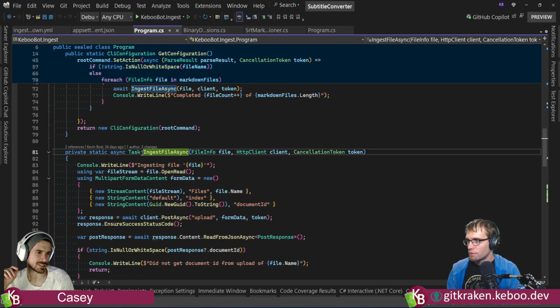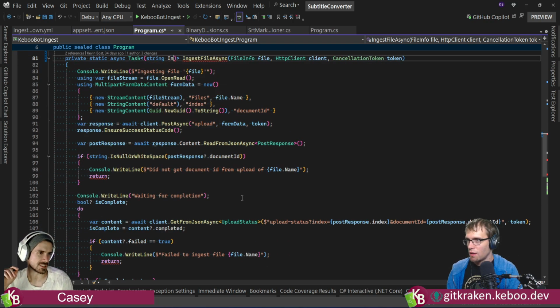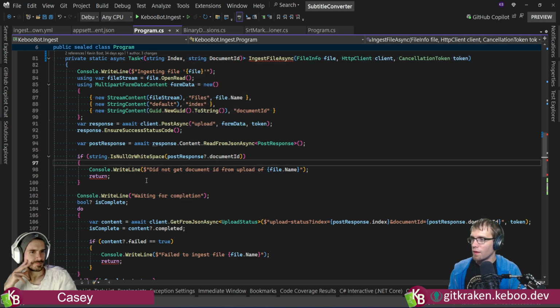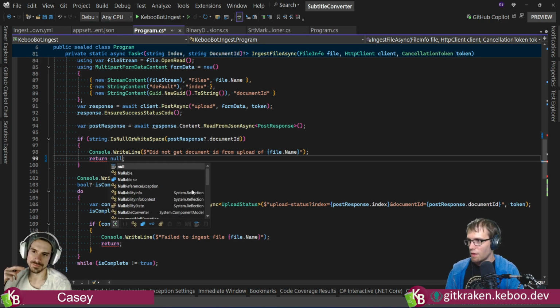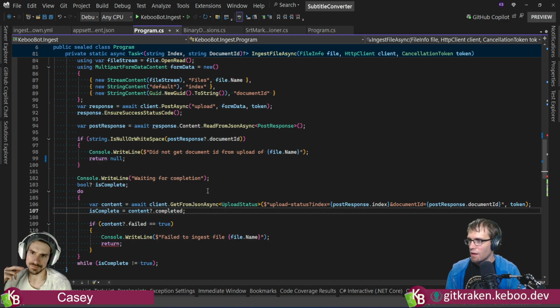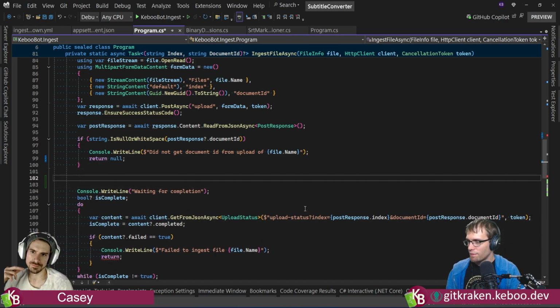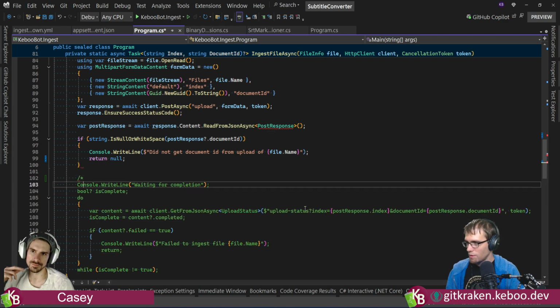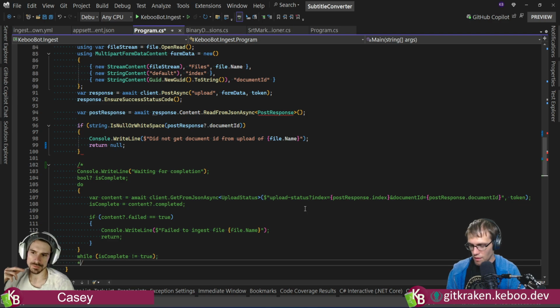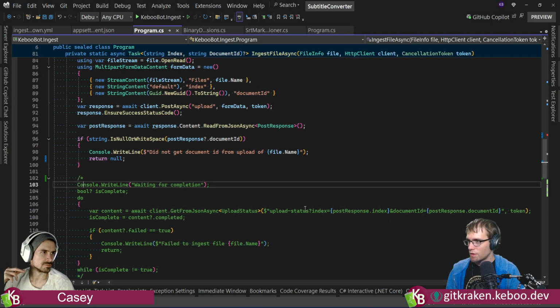We're sending the request through this as opposed to through the action string itself, index, string document ID, right? And if we go here, let's make it nullable so that we can return null here. Then we can come down here, and rather than deleting this, I'm going to just do this maneuver. That way I can keep it around, right? And then we'll do something more like